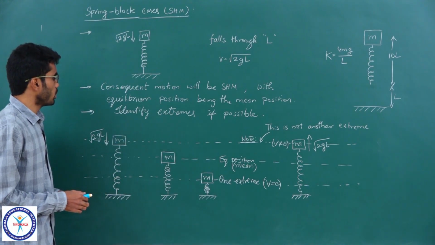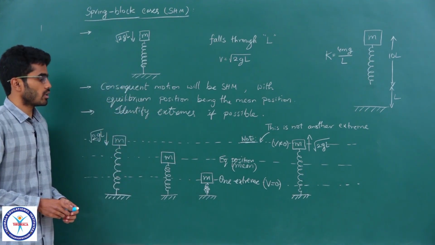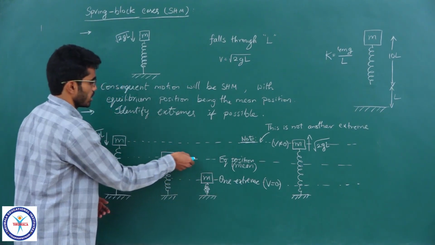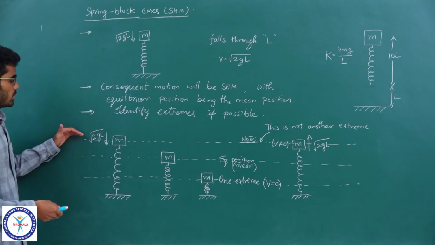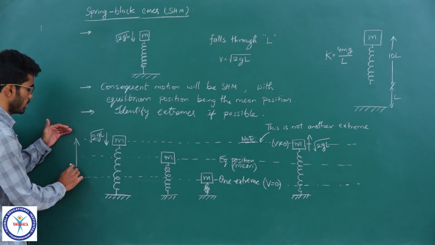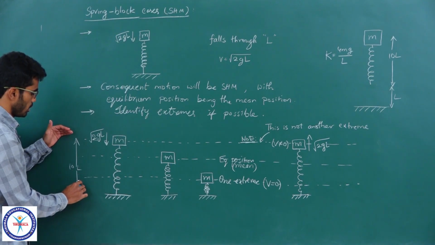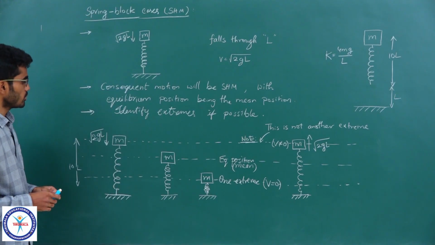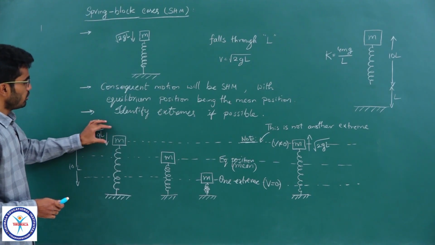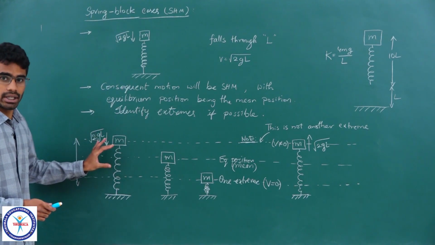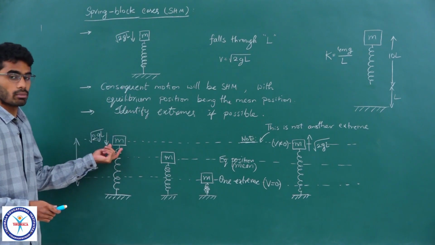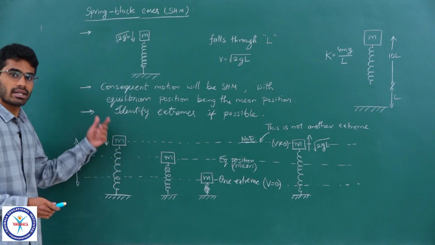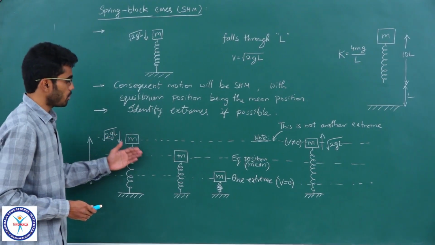So, the equilibrium position will be somewhere below the natural length, and here it is represented by the second line. This is the natural length position. The spring is not elongated at this position, it is natural length given as 10L. But if you leave the block like this, it will not be in equilibrium, because the spring is not compressed, it is not able to hold the block there by balancing the weight. So, it must be compressed by a certain amount.